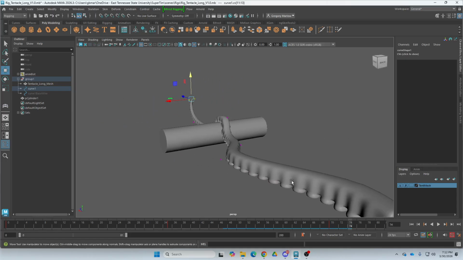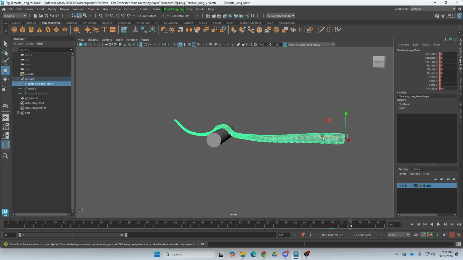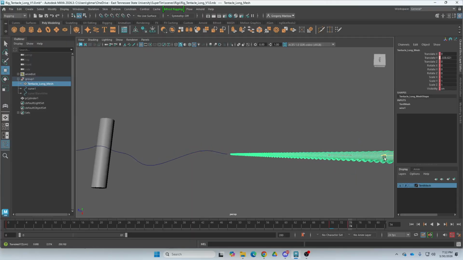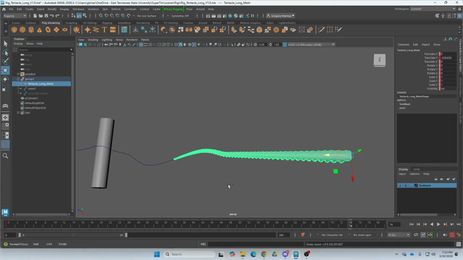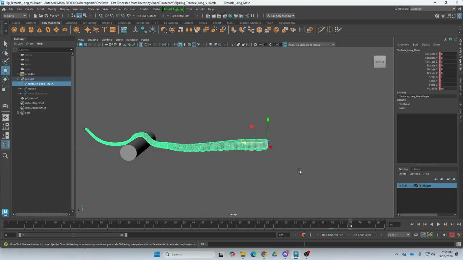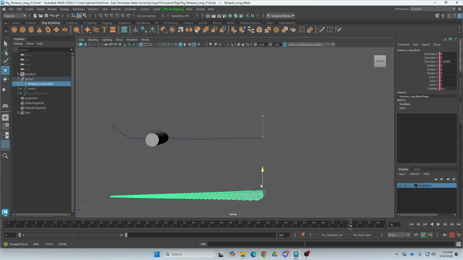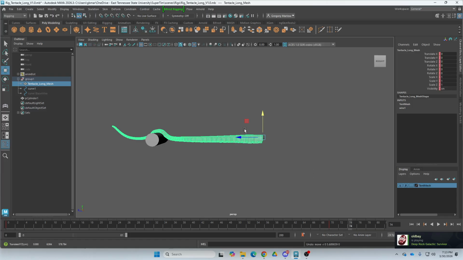Now, the last thing I will say though, recognize I'm sliding this only on the y-axis because it's the influence and how far away it is from the curve. And as I move out the backside of it, it's basically like as it gets to the part where the curve is no more, it's not being affected by that deformer, right? And then as I move into the space of the curve, it is. But what that also means is if I move it in the other direction, I'm going to get some weird results, right? As I move it out of that space of the influence of it. So you have to be careful, and I'm just animating it on a single axis,